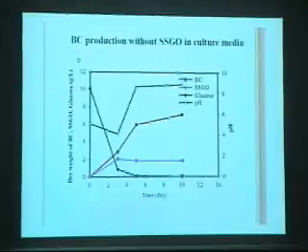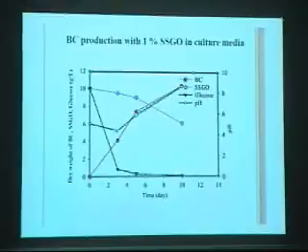So we can see that when only 1% or 10 gram per liter glucose was used as a basic, cheap carbon source, the bacterial cellulose synthesis was about 7.4 gram per liter. However, besides this bacterial cellulose, SSGO was also produced. So the aim of our study was to inhibit the production of this SSGO and to increase the production of bacterial cellulose. So in order to achieve the goal, we did another set of experiments by adding SSGO to the